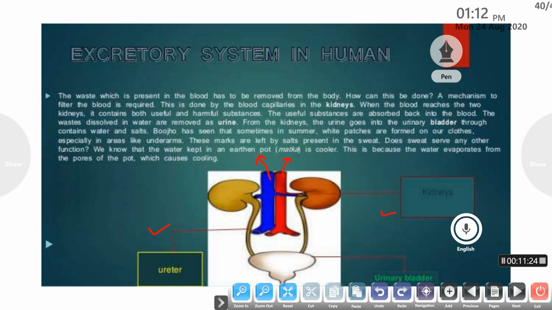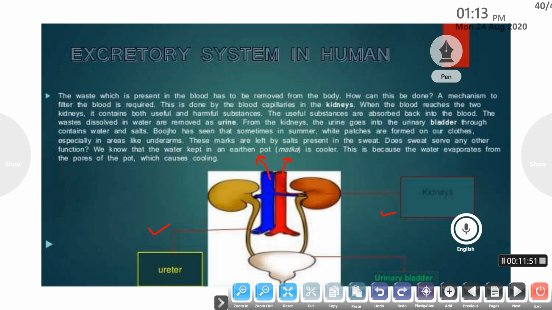The waste which is present in our blood has to be removed from the body. So how can this be done? A mechanism to filter the blood is required. This is done by the blood capillaries present in the kidneys. When the blood reaches the two kidneys with the help of the renal artery, it contains both useful and harmful substances. The useful substances are absorbed back into the blood, and the waste dissolved in water is removed as the